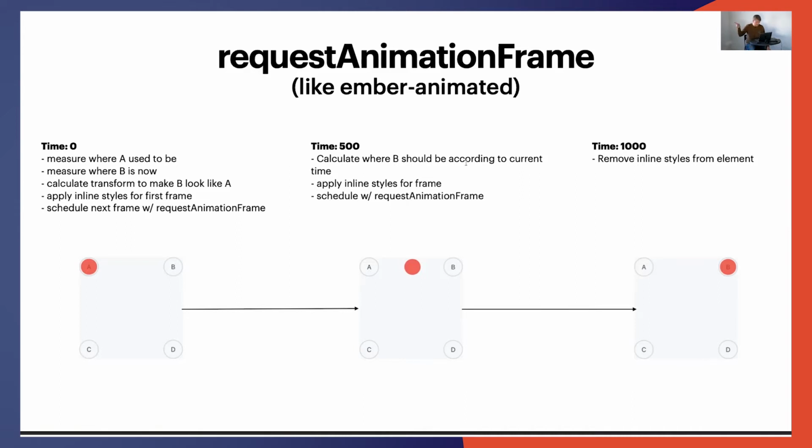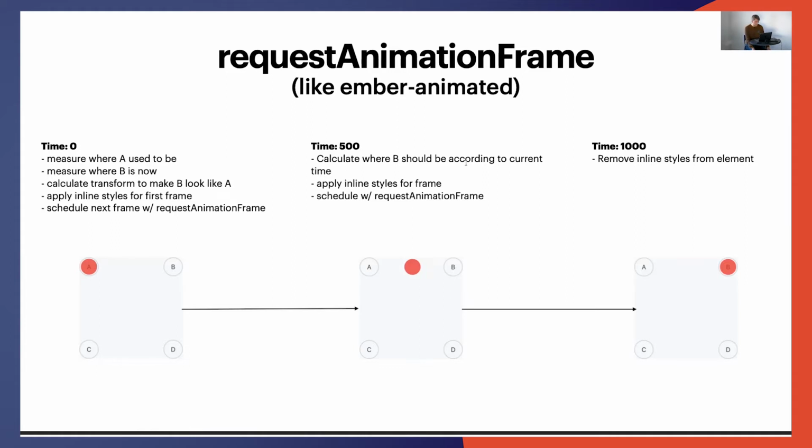The animation that you're seeing down here, we're going to get to that next. It's slightly different. In this case, we are actually moving an element from A to B, and they are two distinct elements. So it would be as if you have two if statements: if A, render it here, if B, render it there. And basically what happens at time 0, right as we start the animation, the framework would measure where A used to be, measure where B is now, calculate a transform to make B look like A, apply inline styles for the first frame, because that's how these